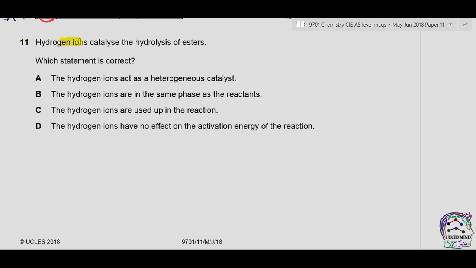Question 11. Hydrogen ions catalyze the hydrolysis of esters. Which statement is correct? A. The hydrogen ions act as a heterogeneous catalyst. Let's find out whether it is homogeneous or heterogeneous. In hydrolysis of esters, we have ester which is liquid, water which is also liquid,